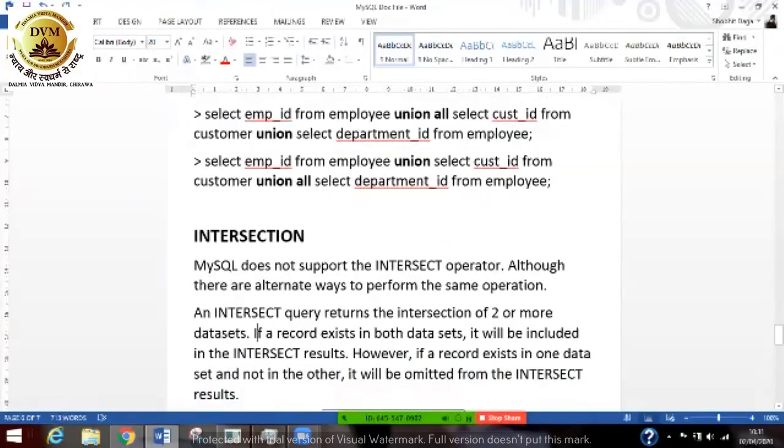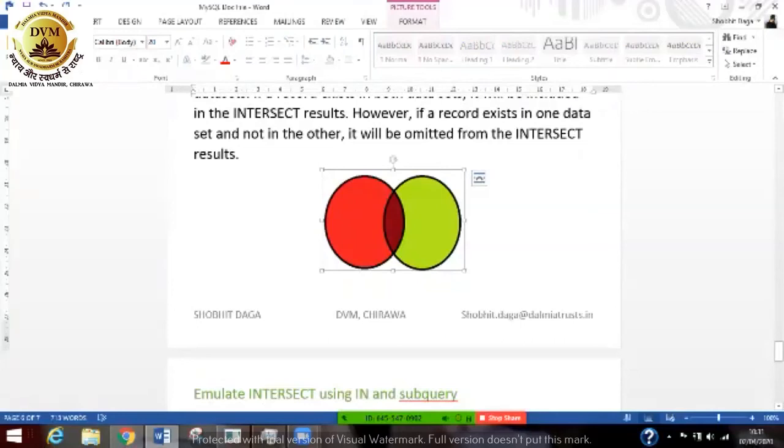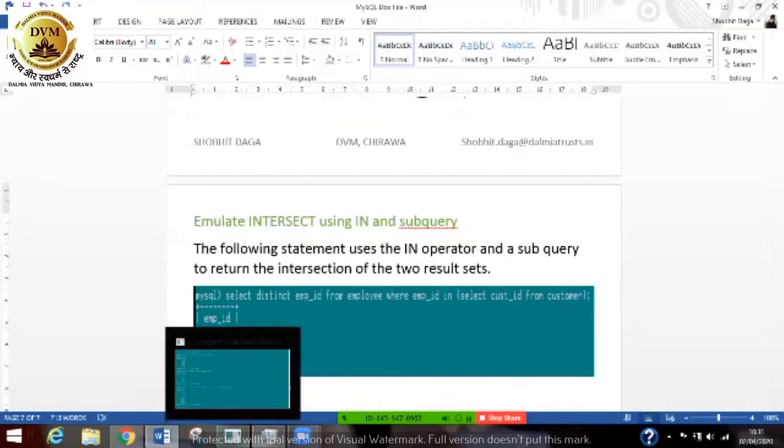So you do understand intersection. If not, just go through this. Over here, the intersected portion is this much. If you place an intersection query on two data sets, with one output being the red one and the other being the green one, whatever common values are there, only those values will be given in the output using an intersection query. If you try to do an intersection query here, you will get an error in the result.